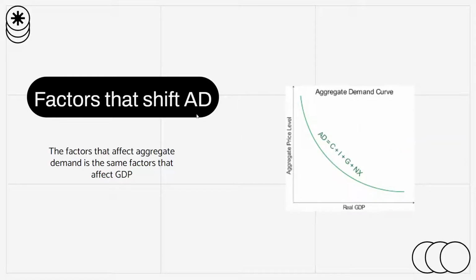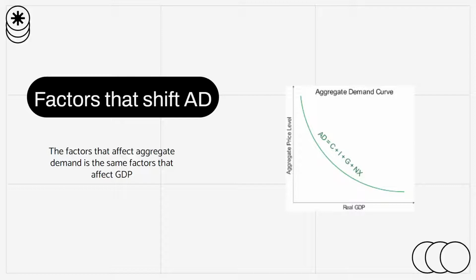So what are the factors that shift aggregate demand? And remember, when we talk about shifting, we mean the graph moving right or left. Right is an increase, left is a decrease. The factors that affect aggregate demand are the same factors that affect the expenditure approach to GDP. We see consumer spending, investment spending, government spending, and net exports. So how so? Well, if consumers